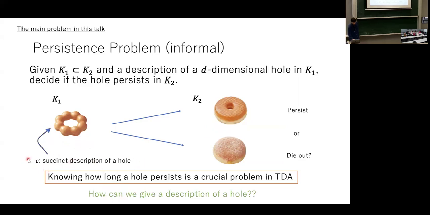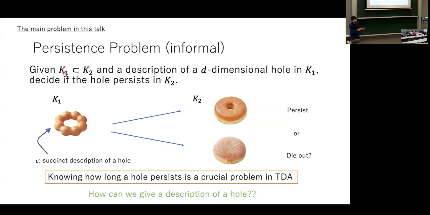One problem is that how can we represent the holes? So we have to consider that to formulate the problem. Sorry, is it important here? These K1, K2, are they completely arbitrary, or should they also come from increasing the epsilon of some points in space? Yeah, maybe the only constraint is that